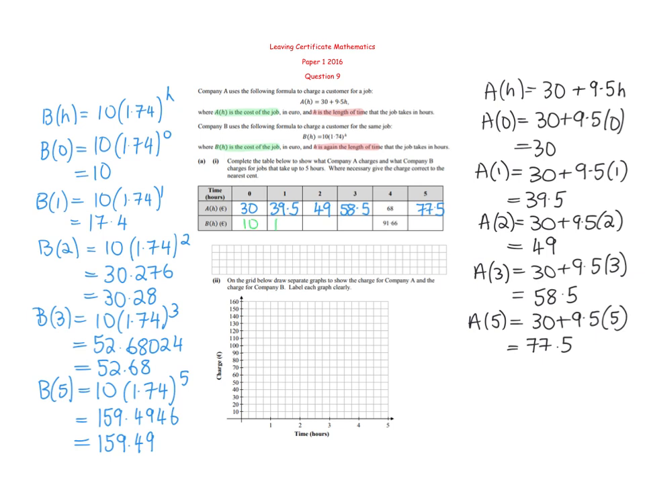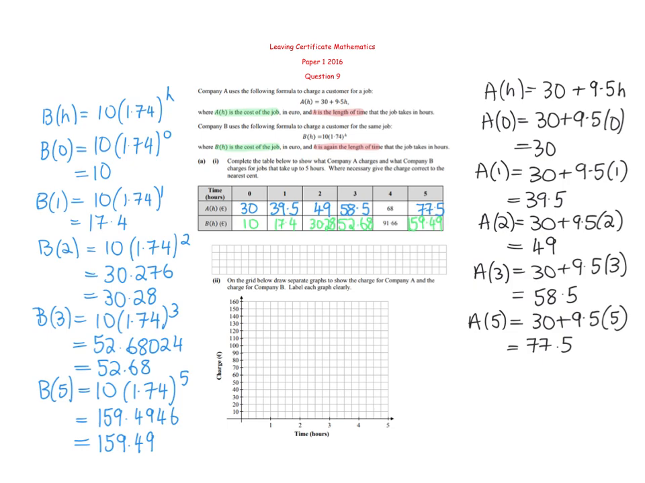For 1 we get 17.4. For 2 we get 30.28. For 3 we get 52.68. And for 5 we get 159.45. The next thing it wants us to do is, on the grid below, draw separate graphs to show the